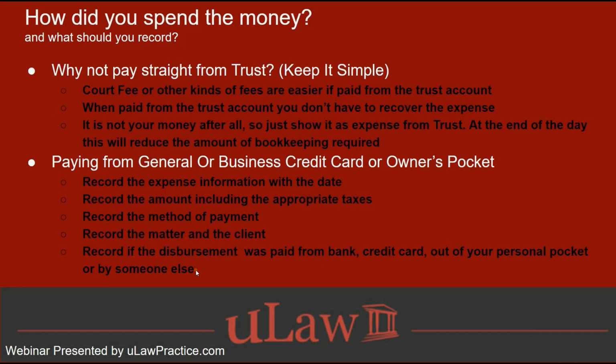Okay? And hence we ask the question, if this was not your money to begin with, and you have to go through all this paperwork to recover it, why not use the trust account to pay for it and keep it simple? So you go to the client, ask for a retainer that includes a certain fee component and a certain disbursement component. Sometimes, if you know what you're actually dealing with, and if it's your 100th client or 100th criminal matter, and you pretty much know the DNA of what's going to happen, you pretty much know what the typical disbursement costs are going to be, and hence that's added as a component of the retainer.